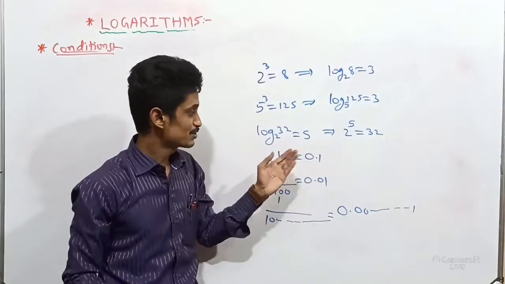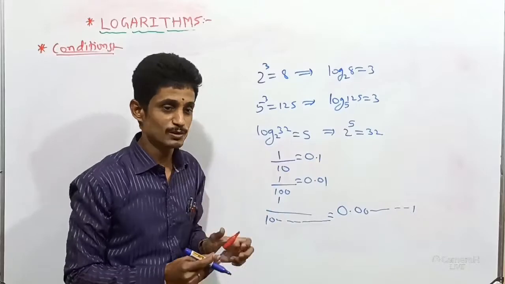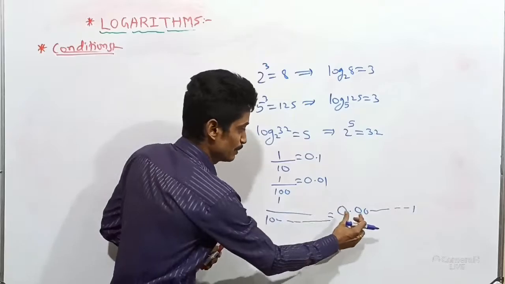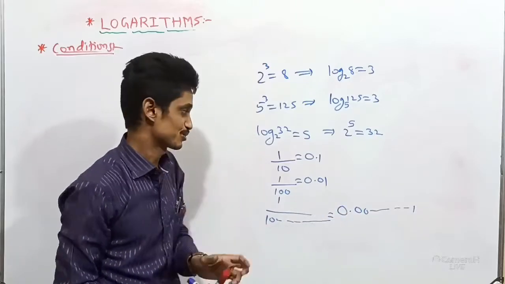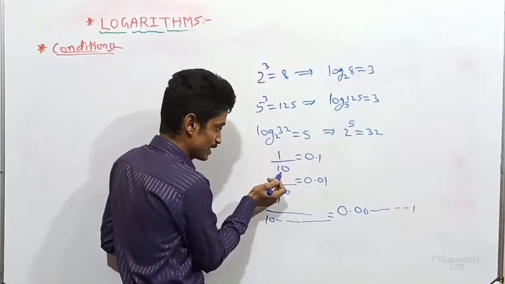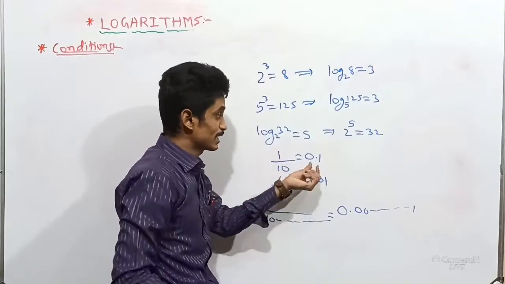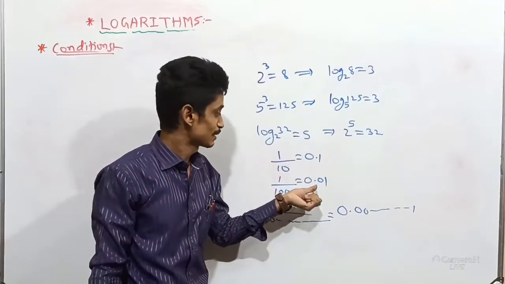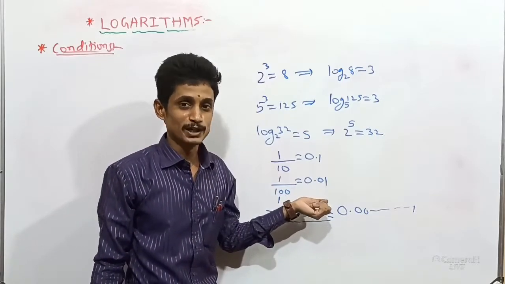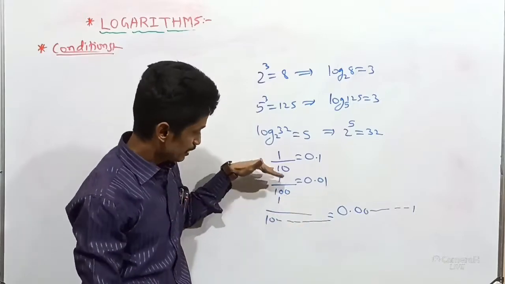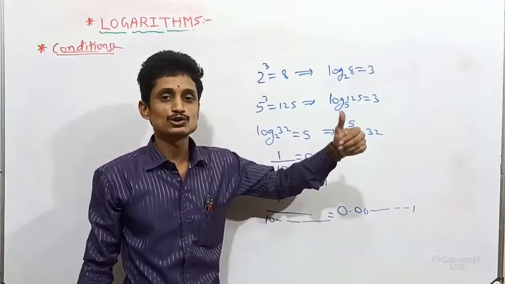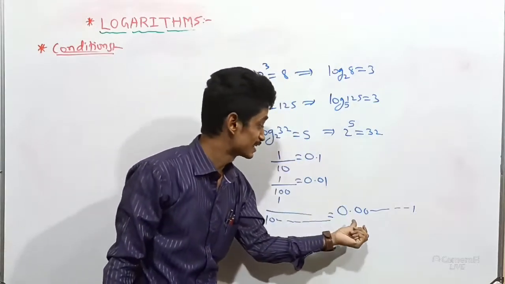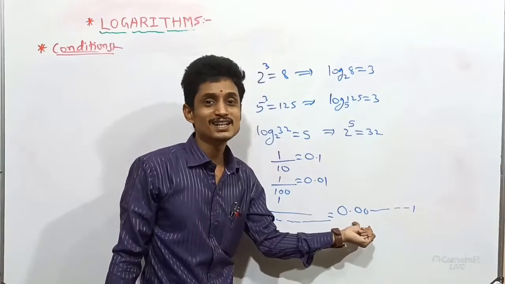Among these numbers, whichever is very closest to 0. When the denominator is increased, then the value becomes very small. So when we have 10 in place of the denominator, my answer will be 0.1. When I have 100 in the denominator, my result will be 0.01. Now 1 divided by 1 followed by many 0s and so on. A very large quantity you should take. At this time your answer will be very small.